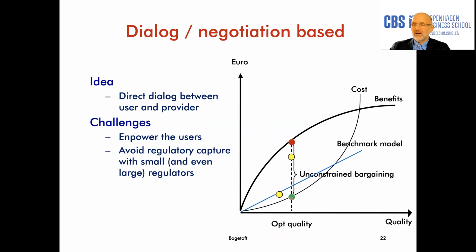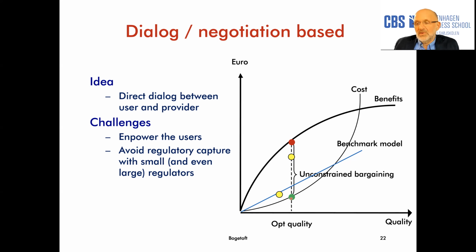Now the problem might be that the company is a much stronger negotiating partner than the consumers in a given area. That's one of the big problems in regulation, that the individual consumers have really little or very limited interest in actually trying to reduce the cost or put pressure on the company to reduce their cost. There's a free riding problem there. Why should I do all the effort when everyone else benefits from the reduction in prices? So there'll be an undersupply of such effort.